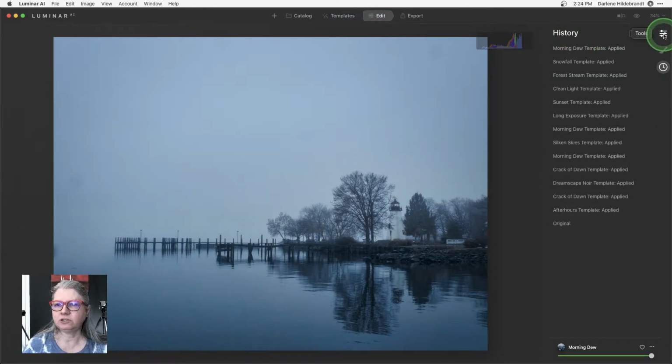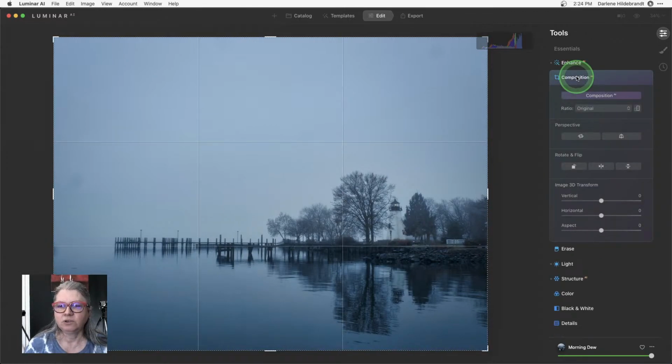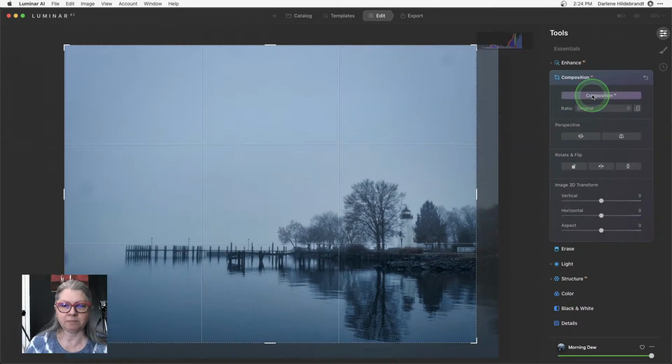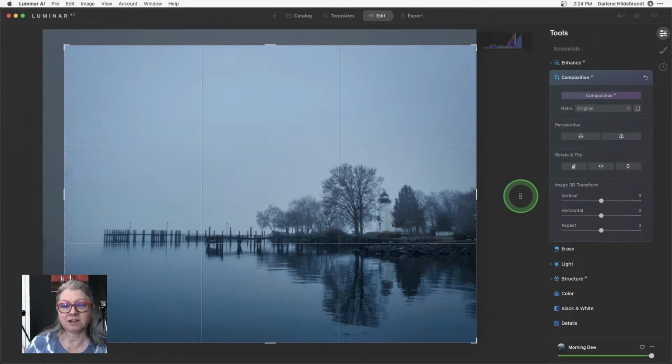Now the first thing I want to do is composition, okay? Because what's happening here is I feel like it's tilting a little bit. I feel like it's a little bit crooked. So the composition tool in Luminar is actually AI. Okay, so if you want Luminar to try and do your crop for you, just click this button and let's see what happens. Okay, so I find what happens is it crops, but it doesn't necessarily place it in the right place. So I'm going to move that over, and that's kind of similar to what I would do.